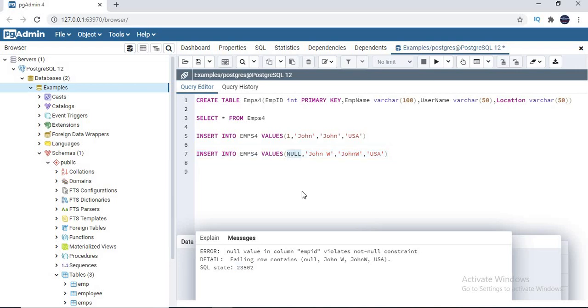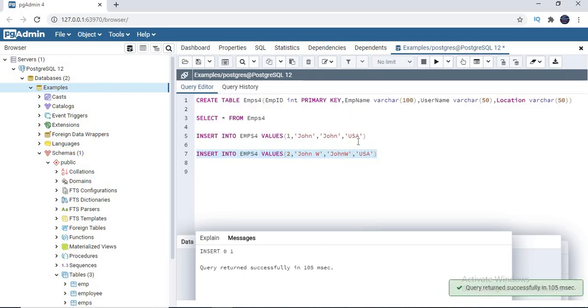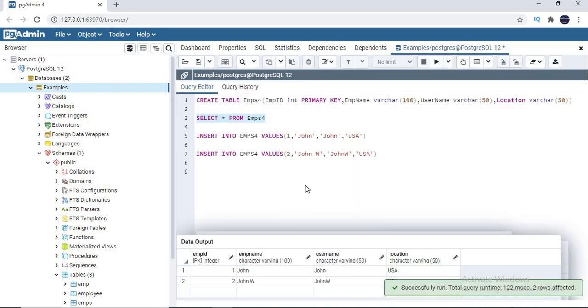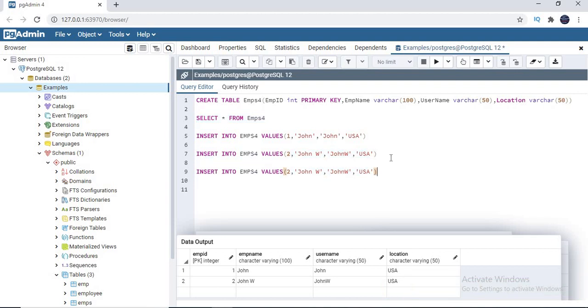Now let me keep some 2 here. Let's go for a positive scenario and run it. Let's insert it. Yeah, record has been inserted, and let us see the data. So we tested the not null behavior of a column. Now let's go for a unique behavior. Hope you know what is unique behavior. I should not give a duplicate value again. So let me try to give employee ID again same 2, but here I'll be changing the names as Kate, and the username as Kate, and location as UK.